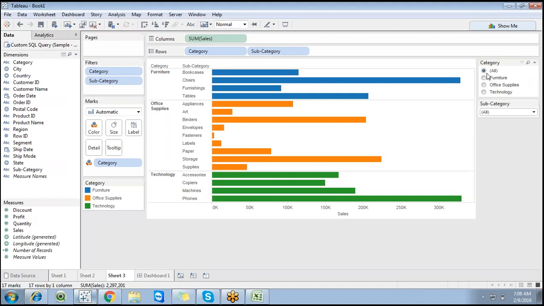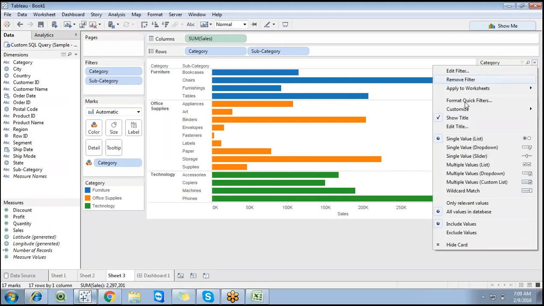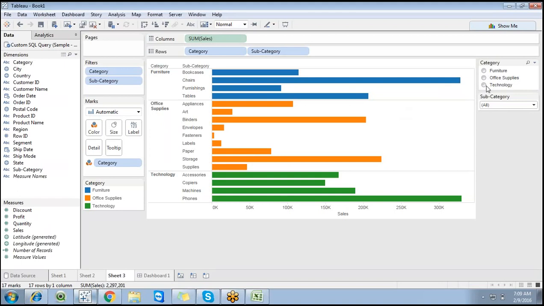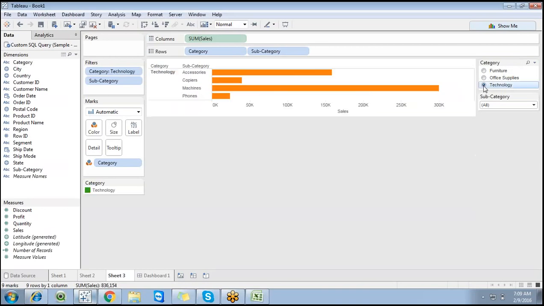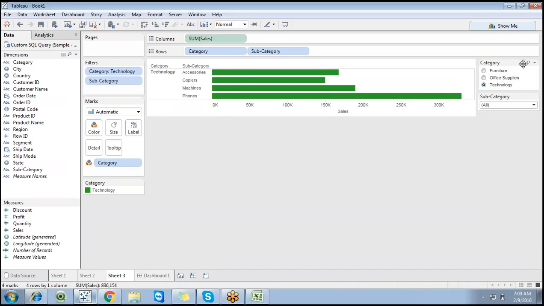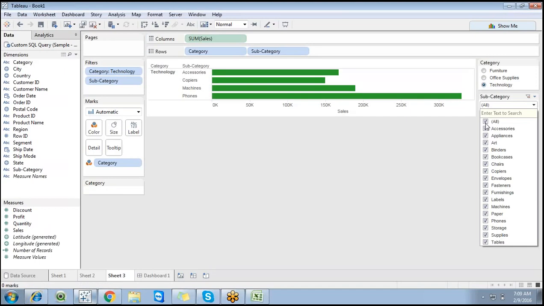But you have an option where you can select all. In a requirement, I may want to showcase all the values. We already discussed all, but you can uncheck or remove that particular option called all. Now you can go for customize. You have all these options: show all value. When you uncheck all value, now you can see there is no all option. Click on furniture. We cannot go for all values here. Furniture, office appliance, technology. No filter out, now you can see it is showing all values.